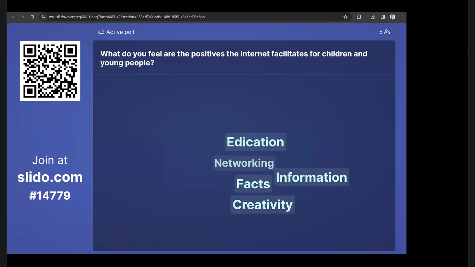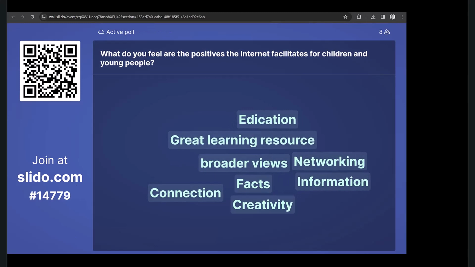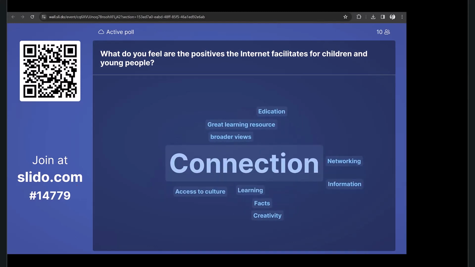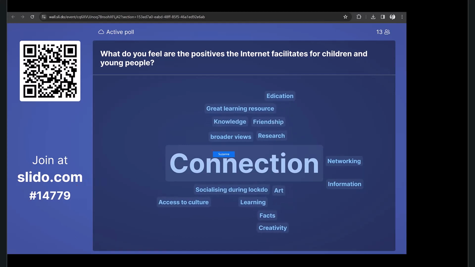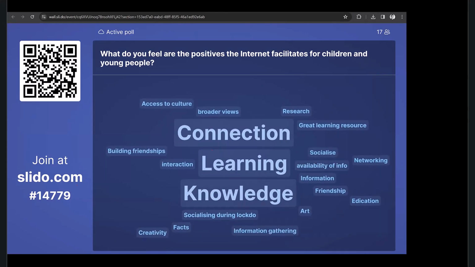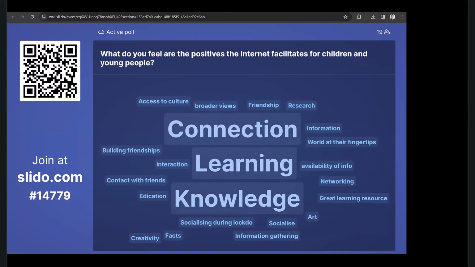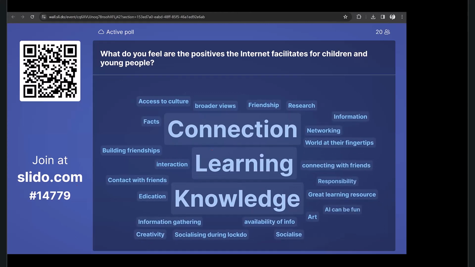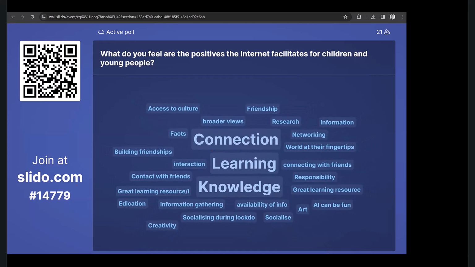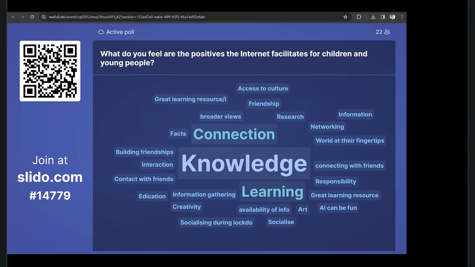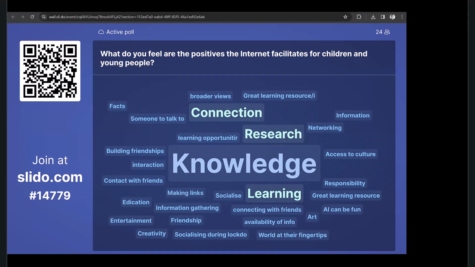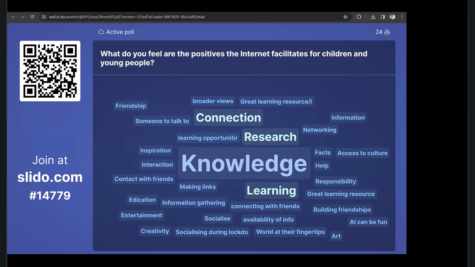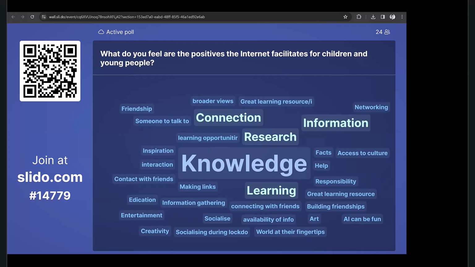Education, creativity, knowledge, I think. Yeah, great learning resource. Yeah, big ones, connection to family, friends, knowledge, creativity. I think the world at their fingertips. And, in many ways, that's what the internet offers. The best of the internet offers is all the potential for learning and connection and skill development. And that includes the new AI technologies. And I want to talk a little bit about that because it's so important today that we educate young people